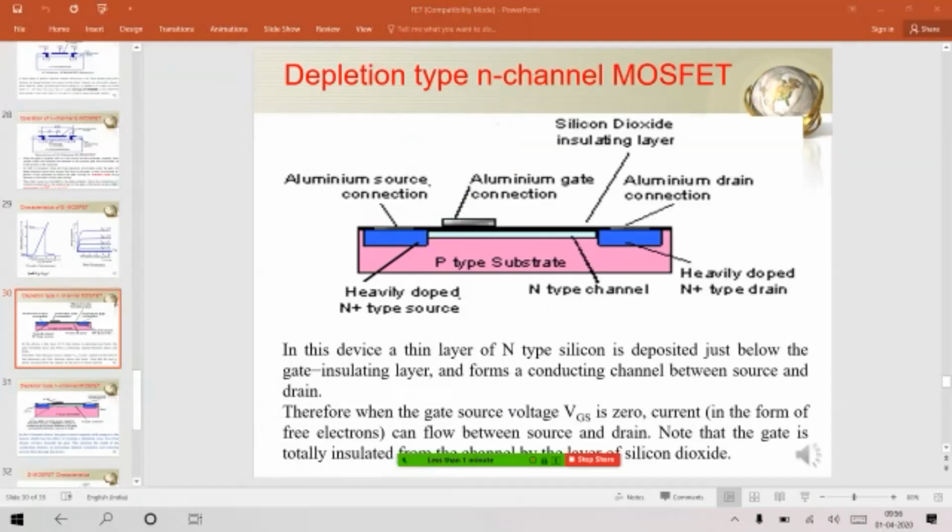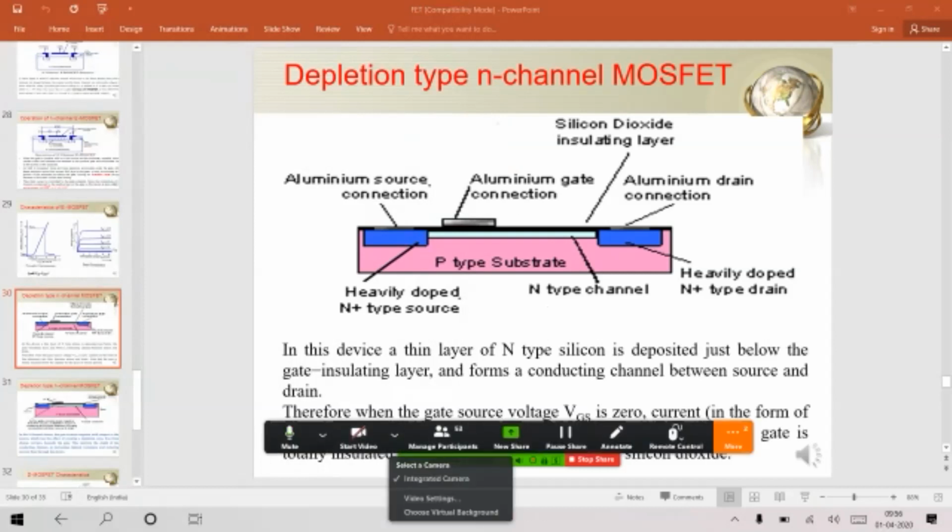Yes, fine. So therefore, when gate source voltage is 0, current can flow because the channel exists. That is the reason. You need not establish